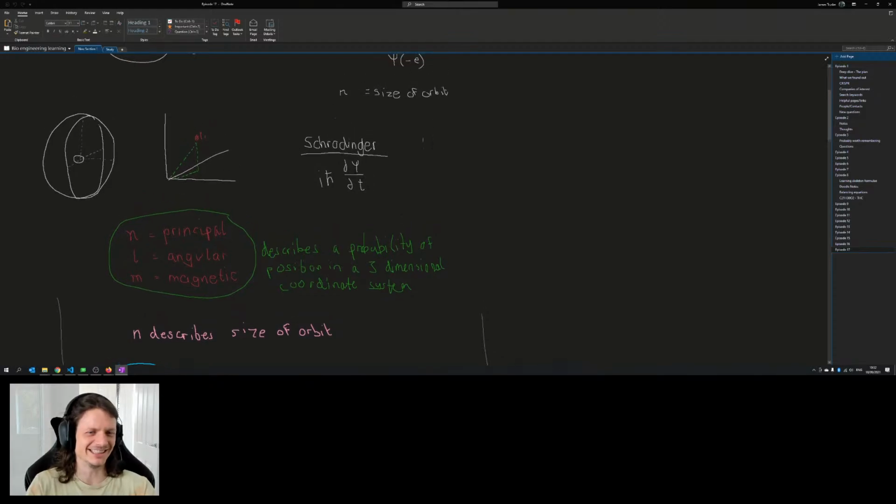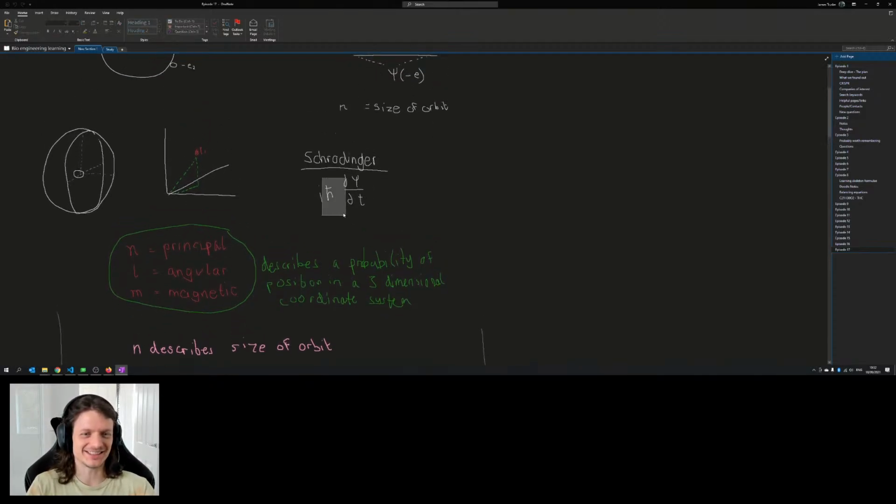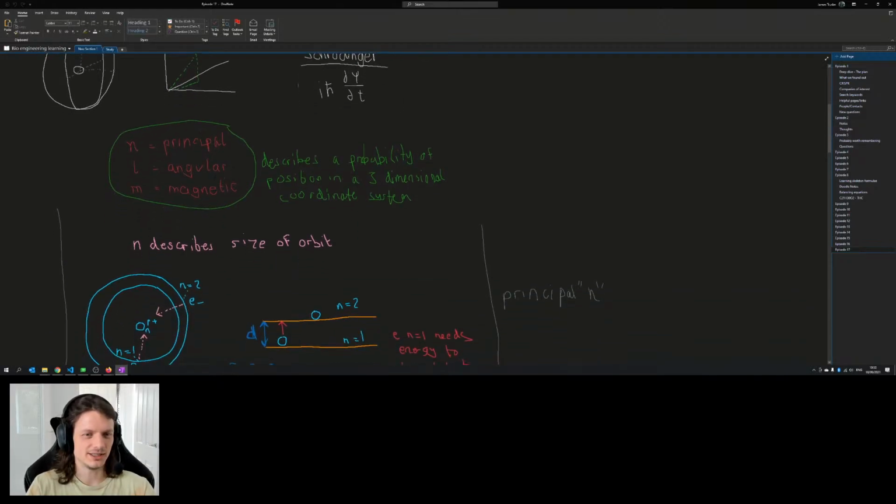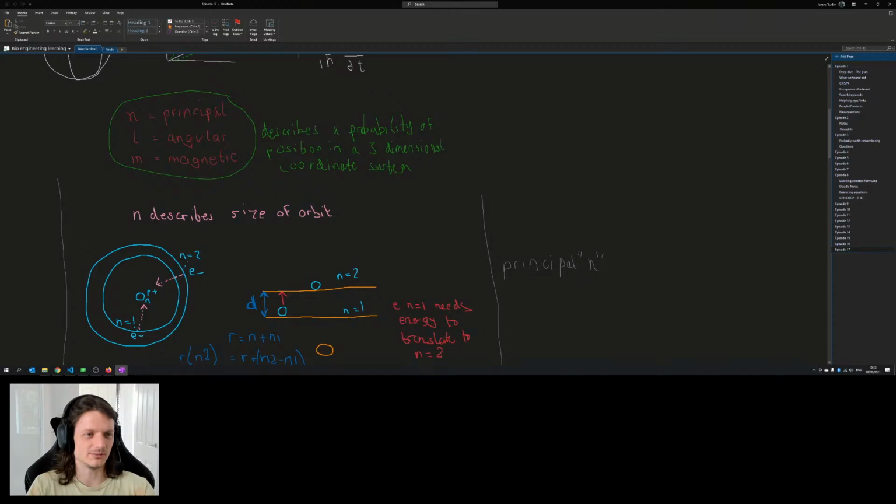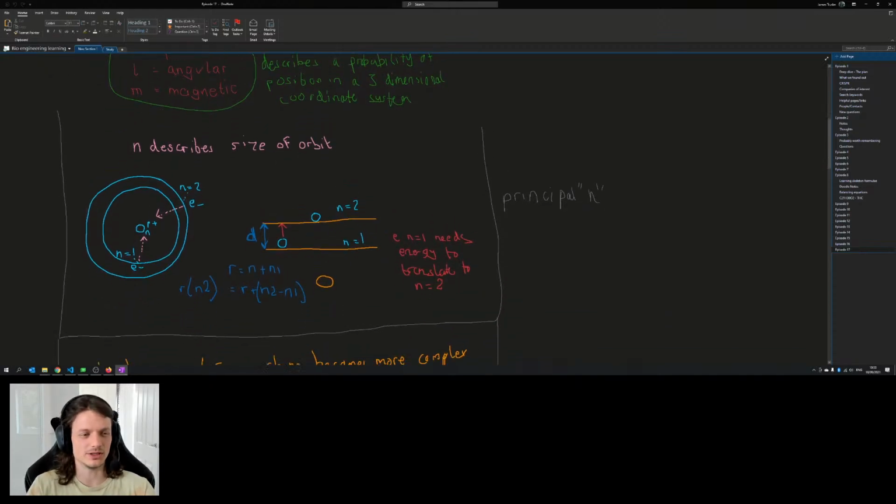This hat is Planck's constant. This is an imaginary number, and this is a differentiation of the wave function that the electron or particle is undergoing. It describes probability. Okay, so maybe this is what we were looking at before.